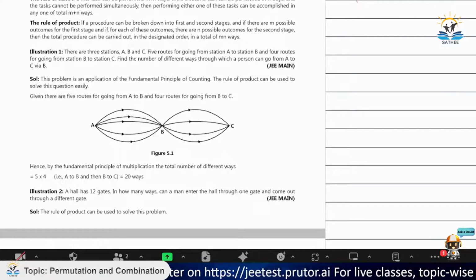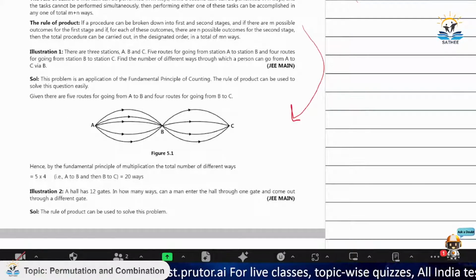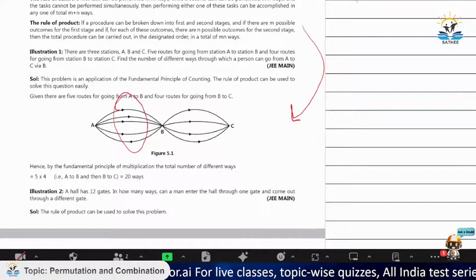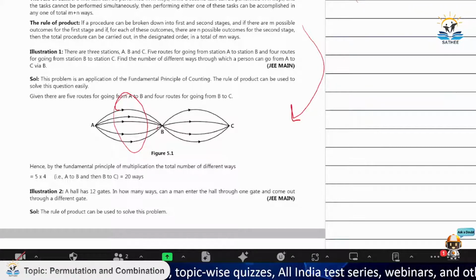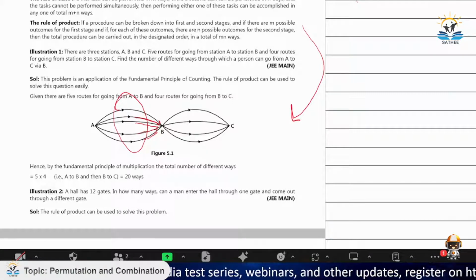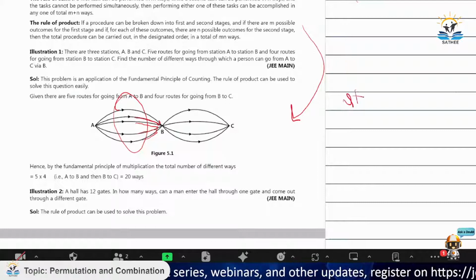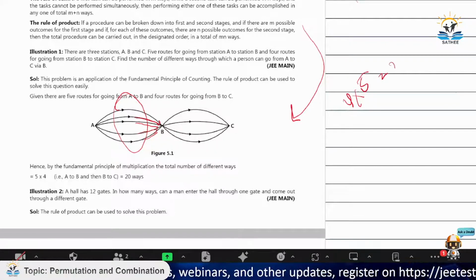Since you have a condition of going via B, it is a very direct application of the rule of product. So what do we have here is there are five ways, and once we reach B, we have four more ways, right? So अगर हम यहाँ इस वाले रास्ते से आते हैं, then also we have four options. Second वाले रास्ते से आते हैं, then also we have four options from this also, from this also, from this also. So how many fours do we have? Five, right? So total becomes 20 ways.